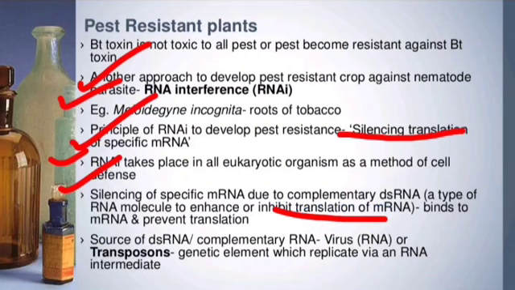the translation. Suppose the mRNAs are produced from which one? DNA. DNA is the central dogma, all of you know that. From DNA by the transcription process mRNA is made, and from mRNA the polypeptide chain is processed, that is called protein synthesis, and that process is known as translation. So if the mRNA is single stranded and if the dsRNA, double-stranded RNA, is introduced there, or we can say that a gene is introduced, that also we'll discuss,